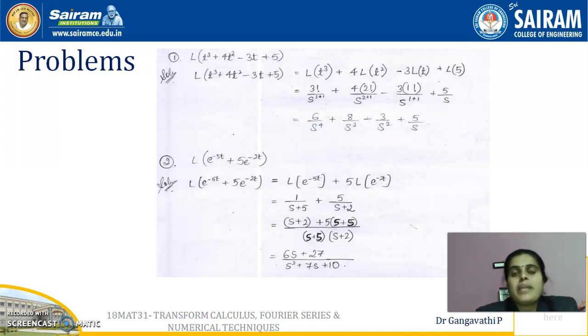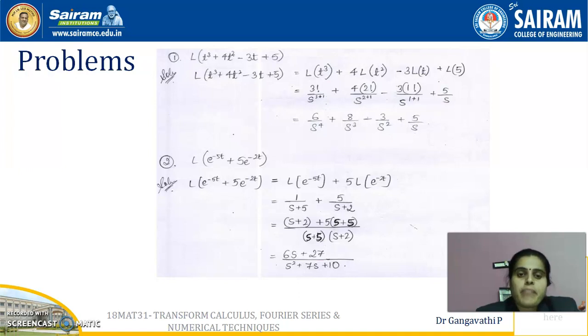And the last term, the Laplace transform of 5. That is, 5 is a constant here. Try to recall the Laplace transform of a constant. The Laplace transform of a was a by s. So here the Laplace transform of 5 was 5 divided by s. Now let us simplify. What is 3 factorial? That is 3 into 2, which is 6. And 2 factorial is 2, and into 4, which is 8. So the answer is 6 by s power 4 plus 8 by s cube minus 3 by s square plus 5 by s. Let us move on to the next example.